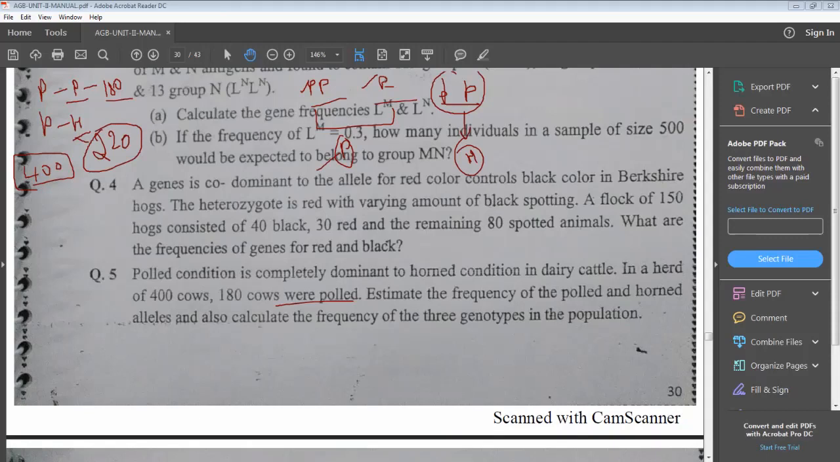Now we have to calculate the frequency for the horned animals, that is 220 by 400. That will give us the frequency, that is 0.55. I already had the values with me, so I'm just writing these values because they can save time. Now this 0.55,